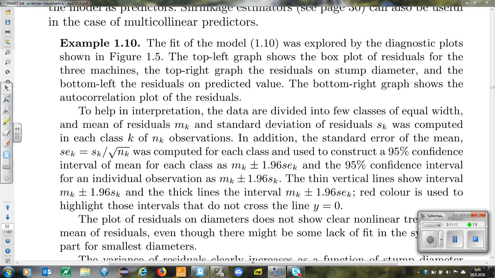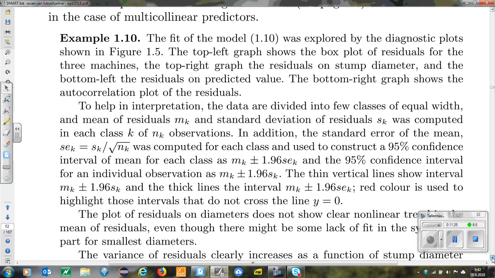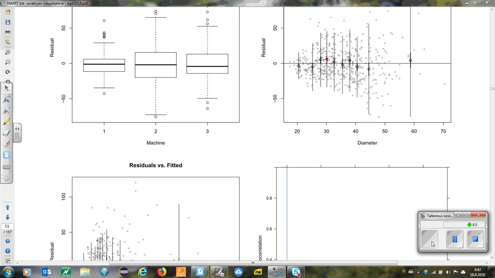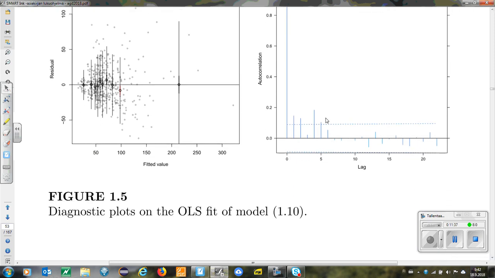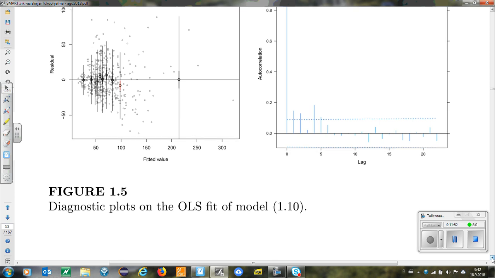Now let's look at an example. There was example 1.10 in the lecture material. We already looked at the original OLS model previously, and it was found in this graph that there might be some signs of heteroskedasticity, and also this autocorrelation plot showed that we might have some slight temporal autocorrelation in the data. And in the previous videos we already fitted GLS models to the data that assumed the heteroskedastic variance and autocorrelation,